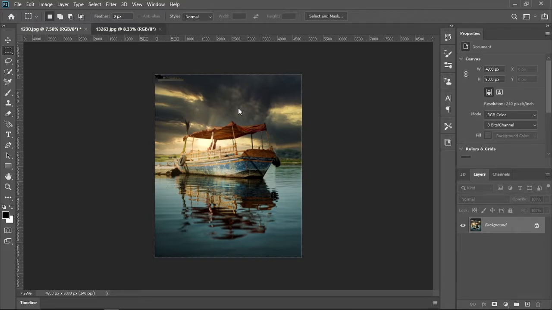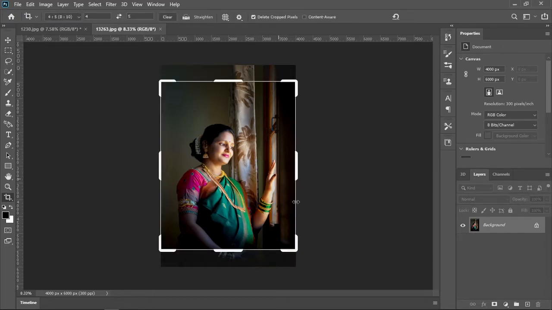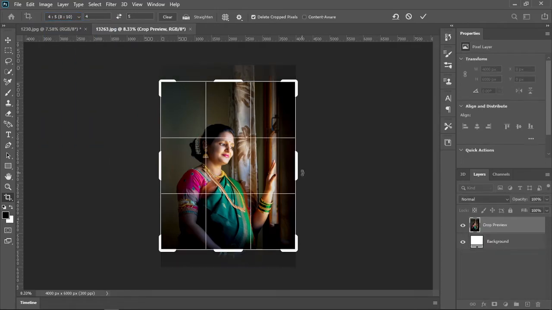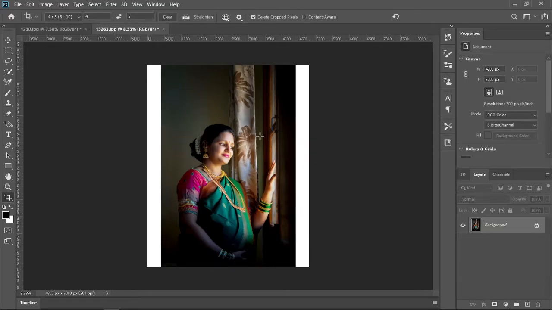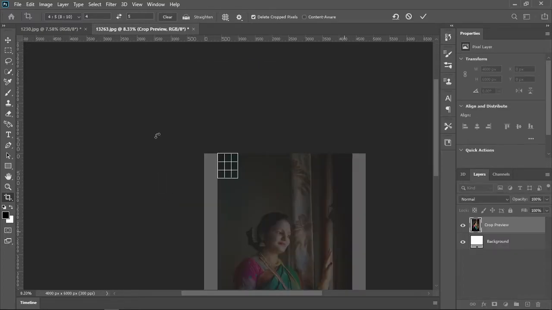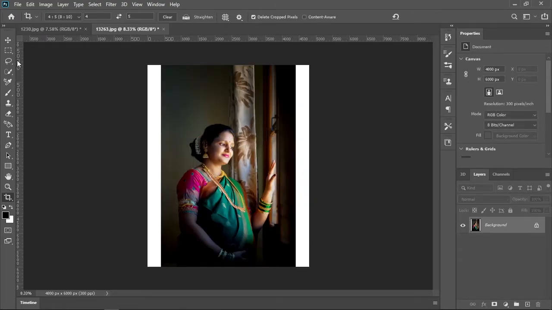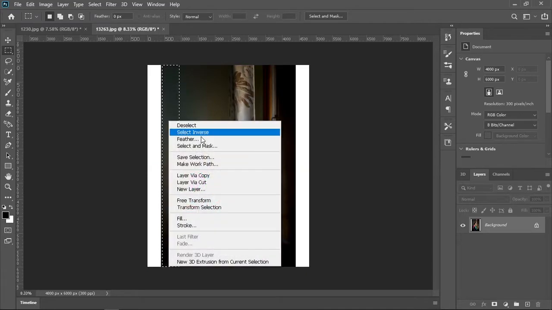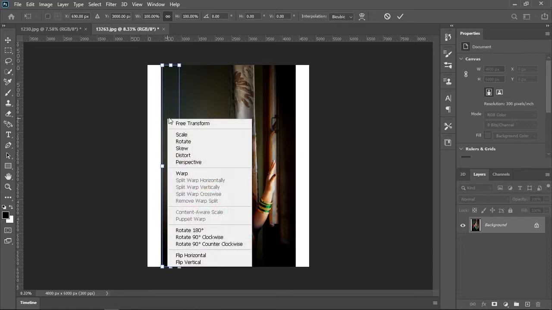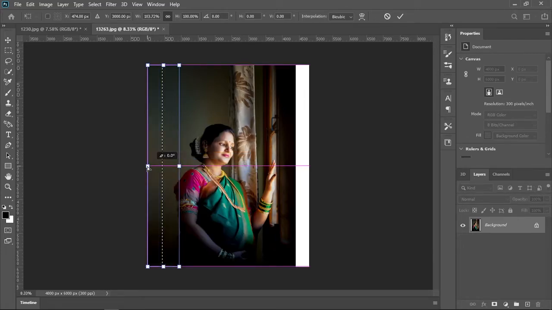And when we come to this image, we will do the same. Press C, go to ratios and check whether it is 4:5, and then press and hold Alt to expand it. Press OK. Sorry, I did not select it. Go to the marquee tool and select the part you want to expand. I want this part to expand, so I will select it. Right click, Free Transform, again right click, Distort, and expand it.